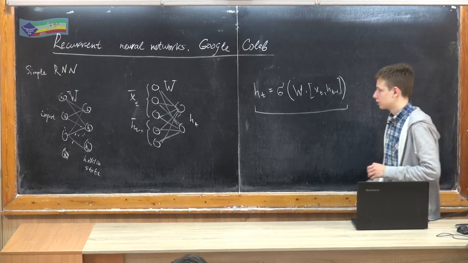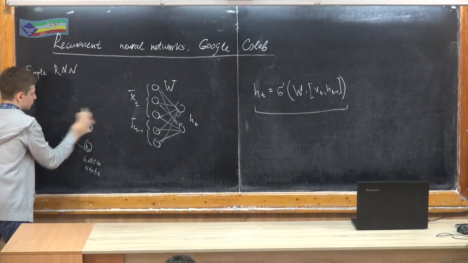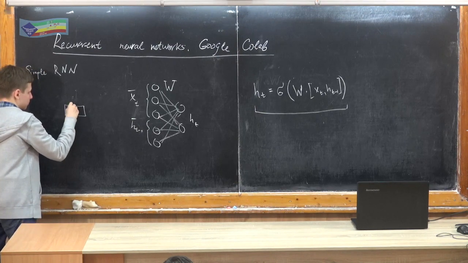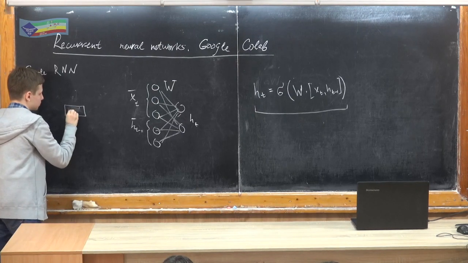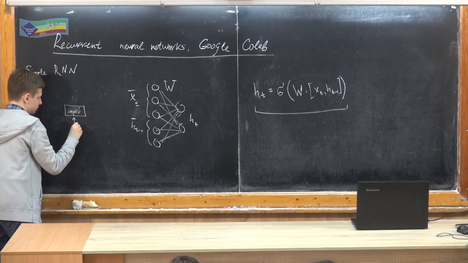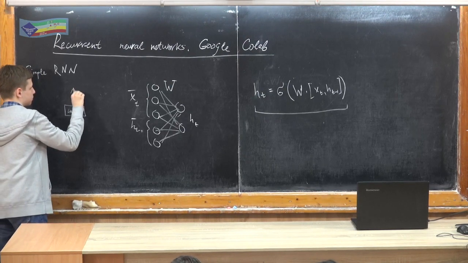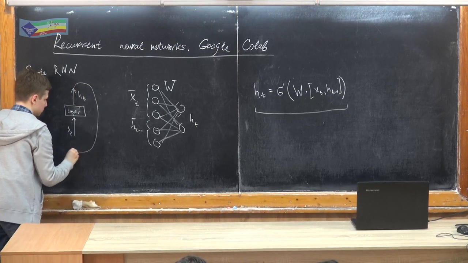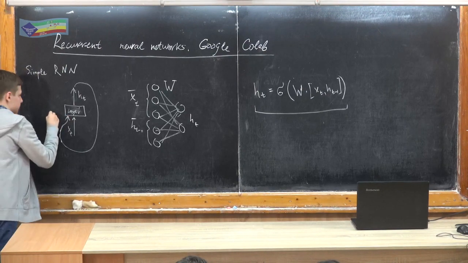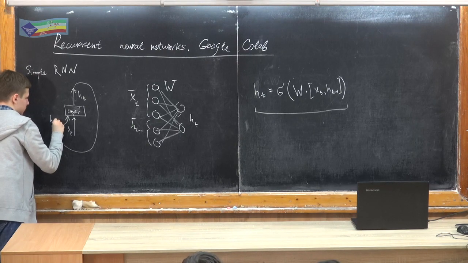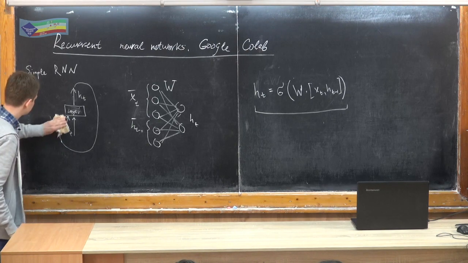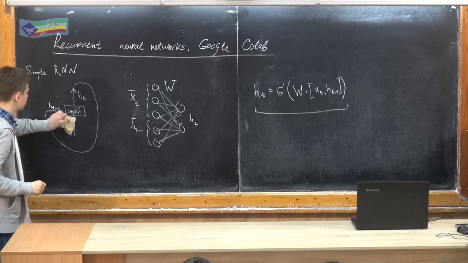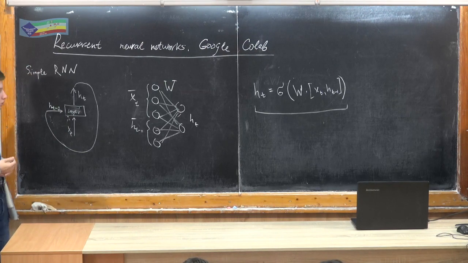And then we can do it repeatedly, and this whole connection can be written like that, without showing all these weights. We can just write that we have this layer, this W. We take xt, output a new hidden state, and then this hidden state goes here and is applied as the previous hidden state. So we have such a recurrent connection,